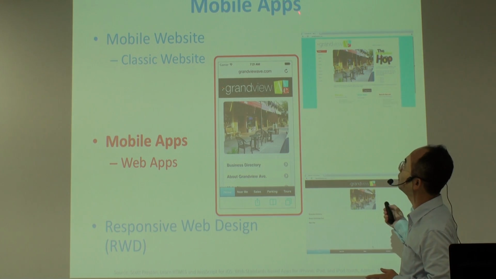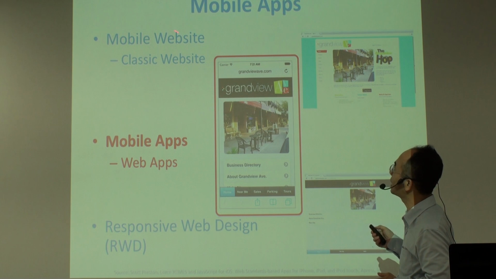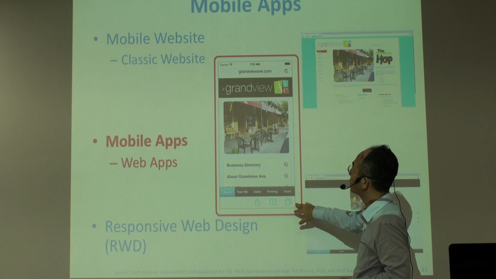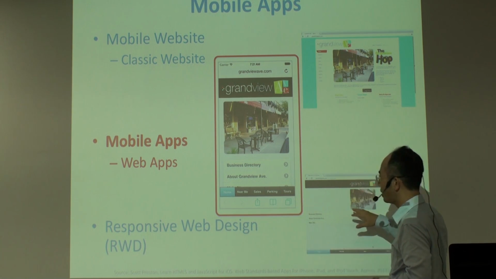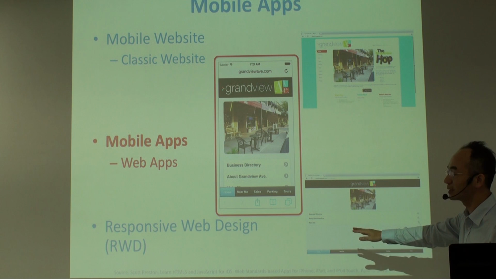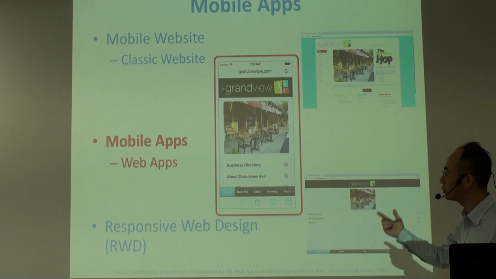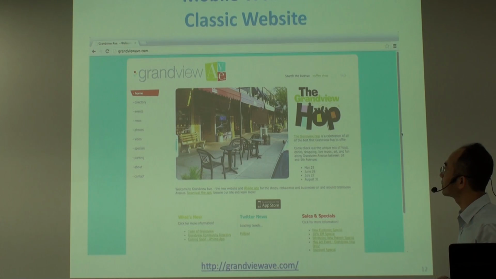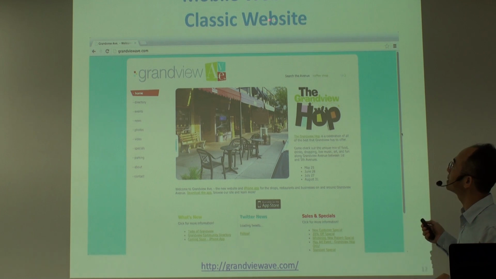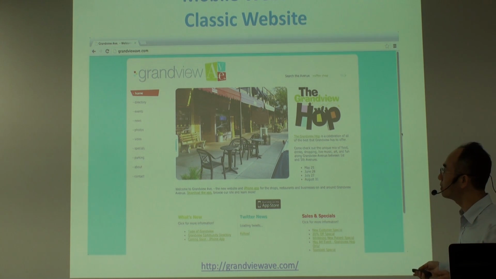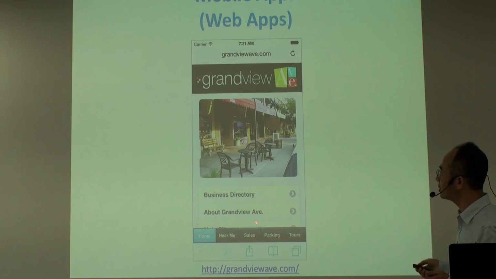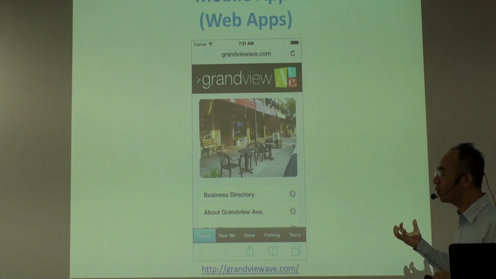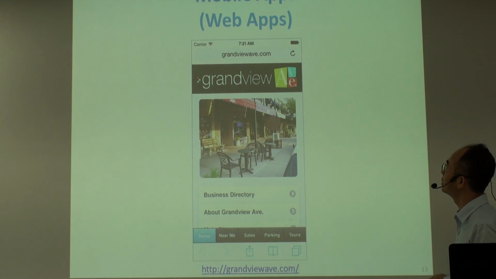So a mobile website is a classical website like this, right? And here is the mobile application, which looks like this. This is a web application. We'll be using the responsive web design pattern, RWD, to design our mobile apps with frameworks. Here are the mobile websites, the classic websites. As you can see, it's the traditional one. And when you use responsive web design and also a mobile user interface framework, you will be converting